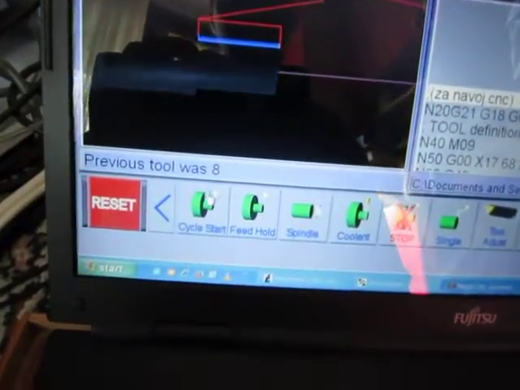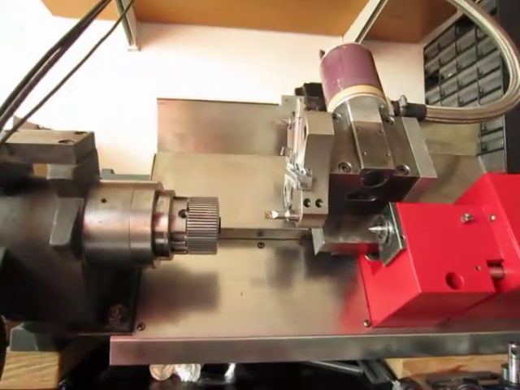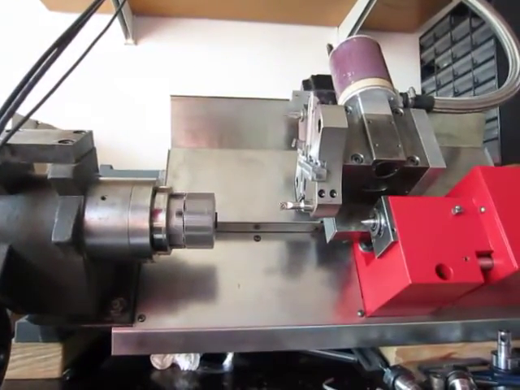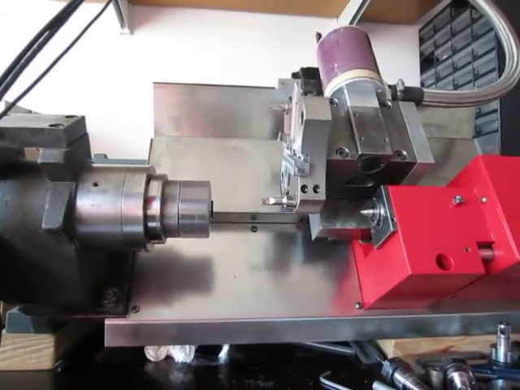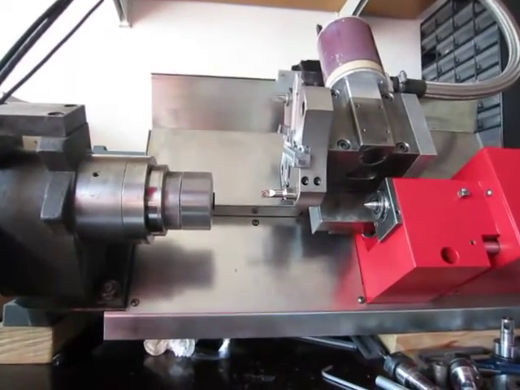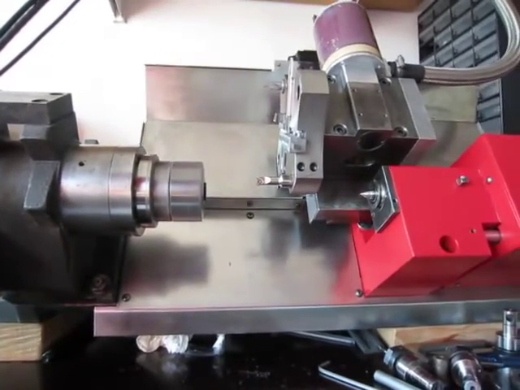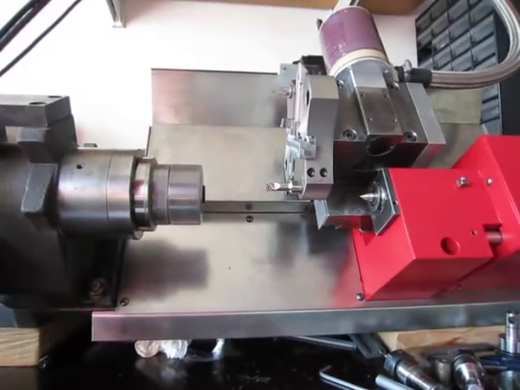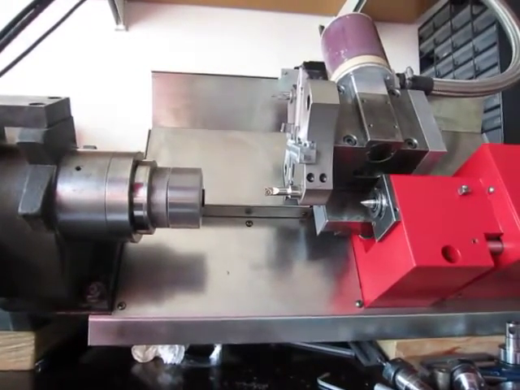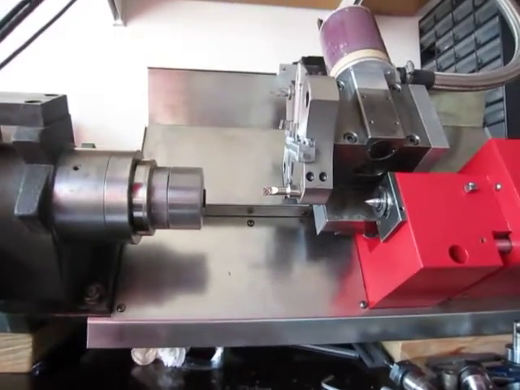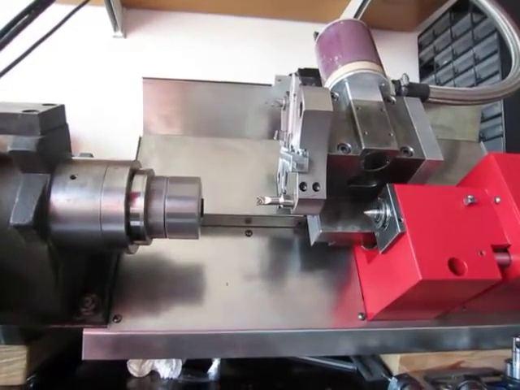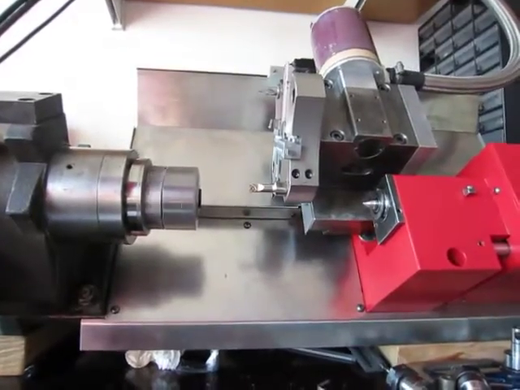Now I will press one more time, cycle start, soft warning on X-Max. Okay, and now I will show